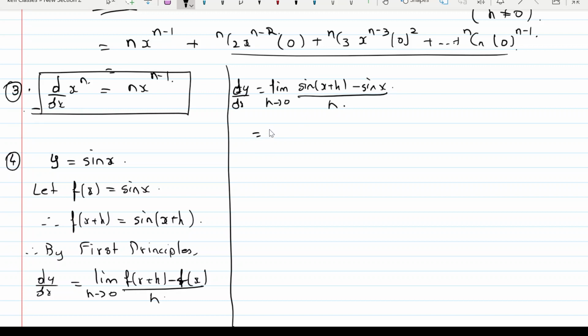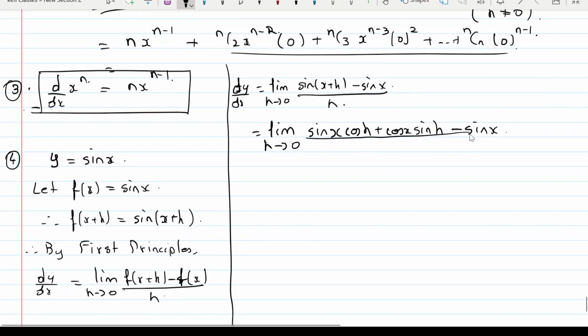the formula sin C minus sin D. You can, but there may be more cutting in that. Anyhow you can solve this problem, you can expand it also. We have been doing the problems by using sin C minus sin D, so one problem I'll do by expanding. So this is sine of a plus b, which is sin cos plus cos sin. So it's sin x cos h plus cos x sin h minus sin x